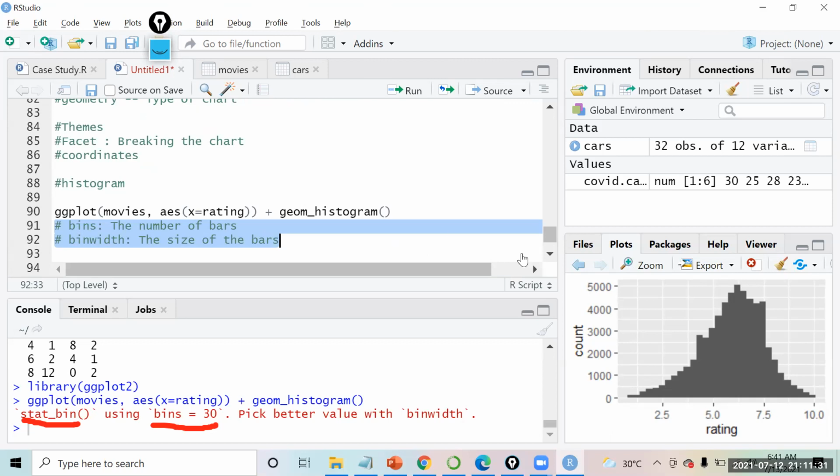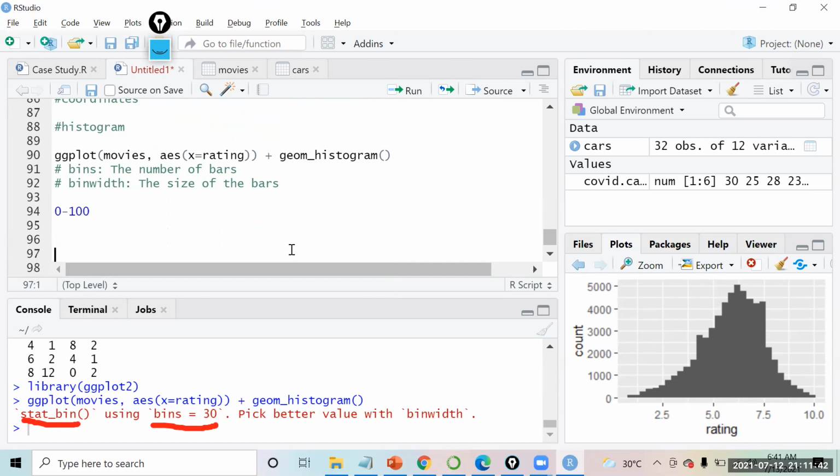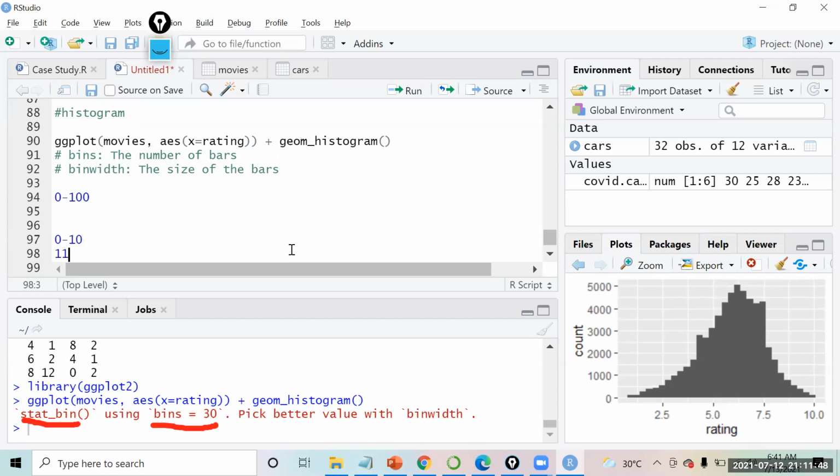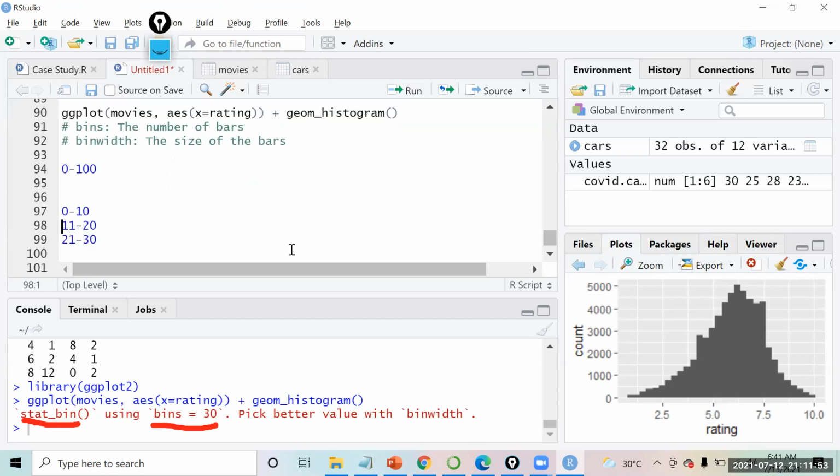Okay, for example, suppose I have the data of some students, the age of the student is between 0 to 100. So what I can do is divide the data into 0 to 10, right? 11 to 20, 21 to 30. So that is how I can split my data. Now, you see there is a gap of 10 everywhere, that is called bin size. So bin size is 10. So basically the interval that you are taking, that is bin size. Bin size is equal to 10, right? 10 now in this case.